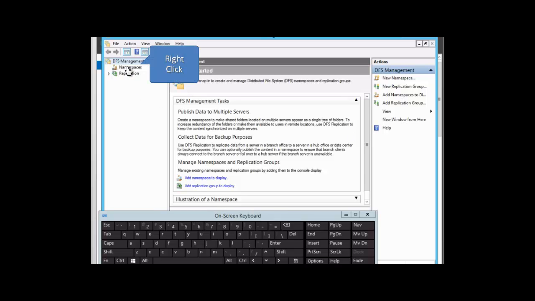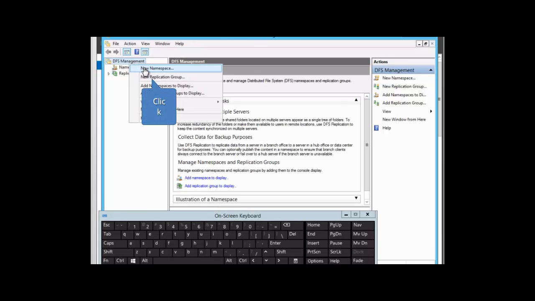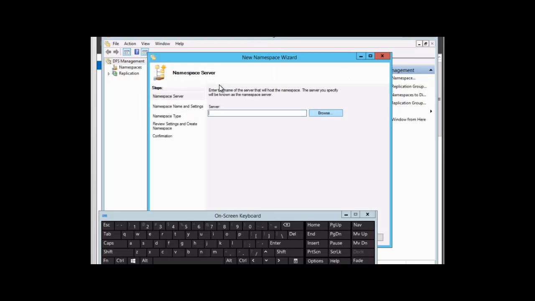We want to right-click on Namespace and say New Namespace. We want to type the name of the namespace, but first we want to give the name of the server that will host that namespace. We're going to browse for that server. So we click on Browse,